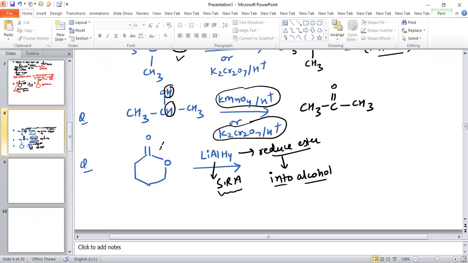So in the cleavage of the bond, hydrogen is added on this carbon, hydrogen is added on this oxygen, this double bond converts into a single bond, and one hydrogen is added to this oxygen also. So the product obtained will be like this carbon, and this is the OH group, and this is CH2, again CH2, again CH2, and on this oxygen there is hydrogen. So this is our obtained product.